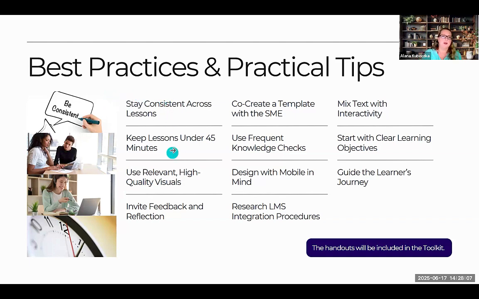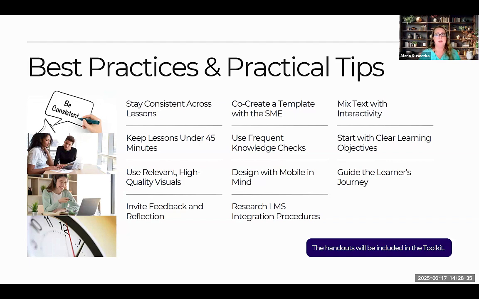Also keeping them under 45 minutes, because when you export Articulate RISE as a SCORM package, it does not allow students to save their progress and come back to it. At least it doesn't in D2L. So maybe it does in other integrations, I'm not sure. So what we tried to do is keep them all under 45 minutes as a recommended time. Some people will go through faster, obviously.